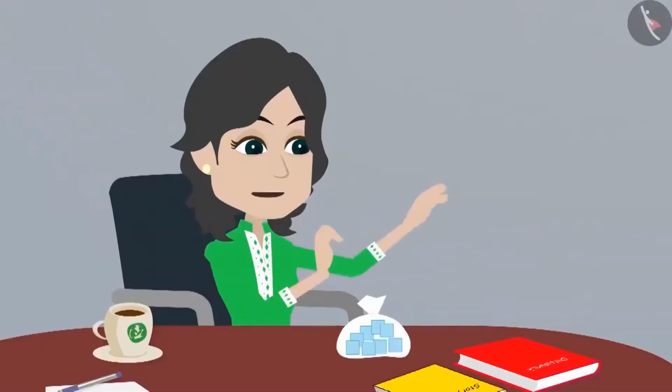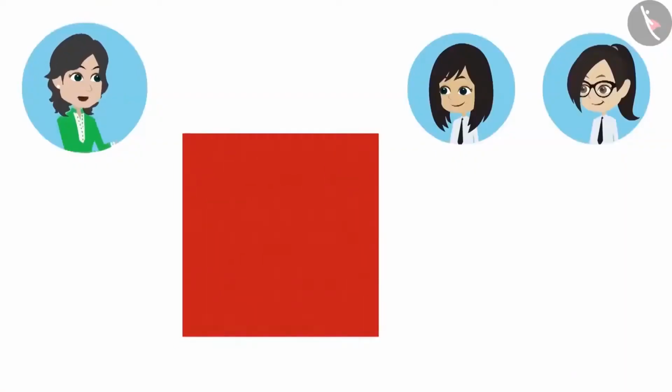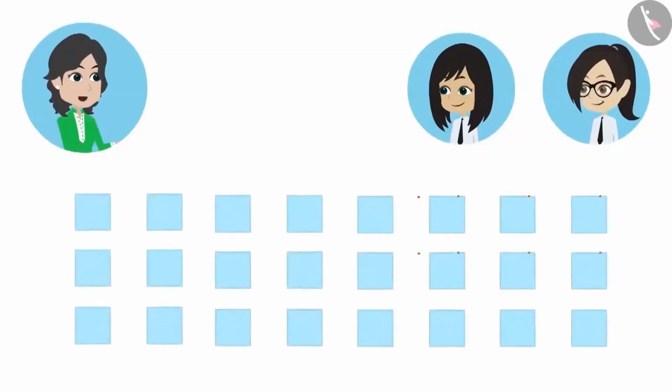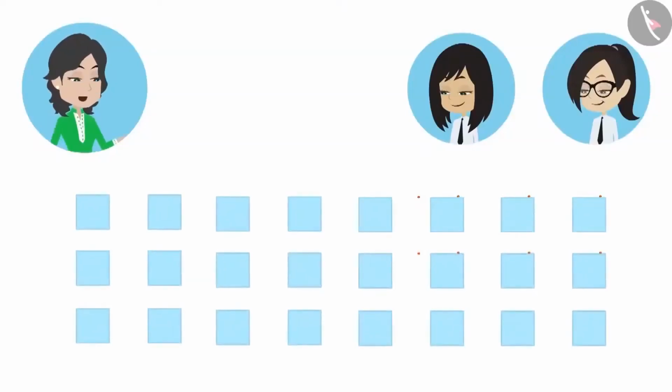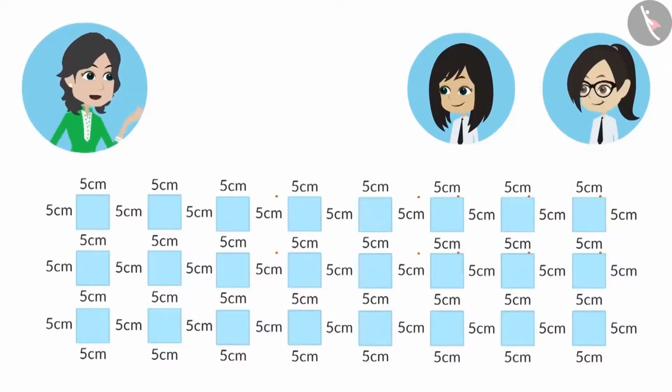It is very easy to find out. For this purpose, we use square-shaped pieces. You can also make these pieces using paper, cardboard or plastic. I have square-shaped pieces made of plastic. All the sides of these pieces are 5 centimeters each. You take these pieces and place them on these books in such a way that it covers the whole book so that the pieces remain within the boundary of the book.